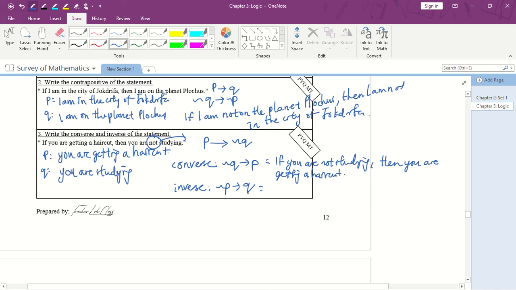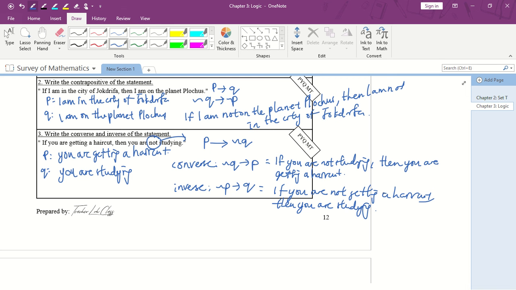Okay, and the next one, negation P to negation Q. Oh no, no negation for Q. Okay, negation P to Q: if you are not getting a haircut, then you are studying. And that's it for the